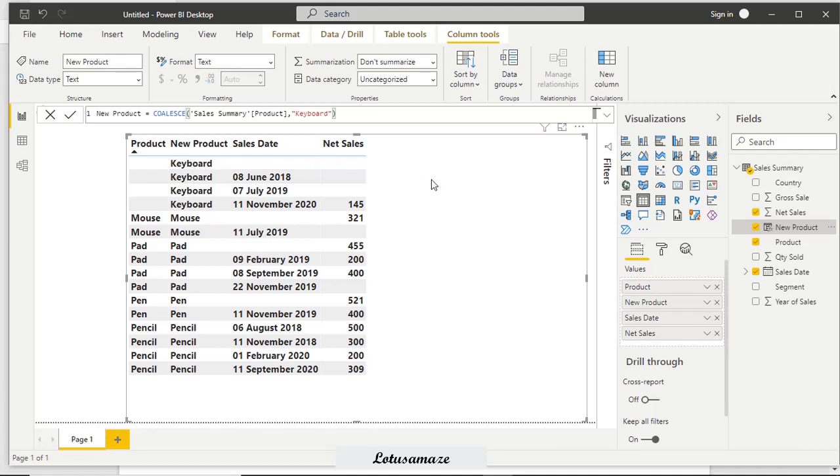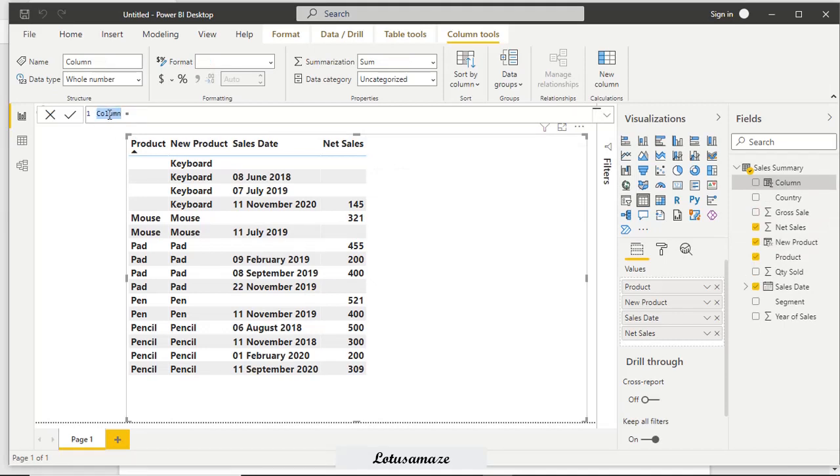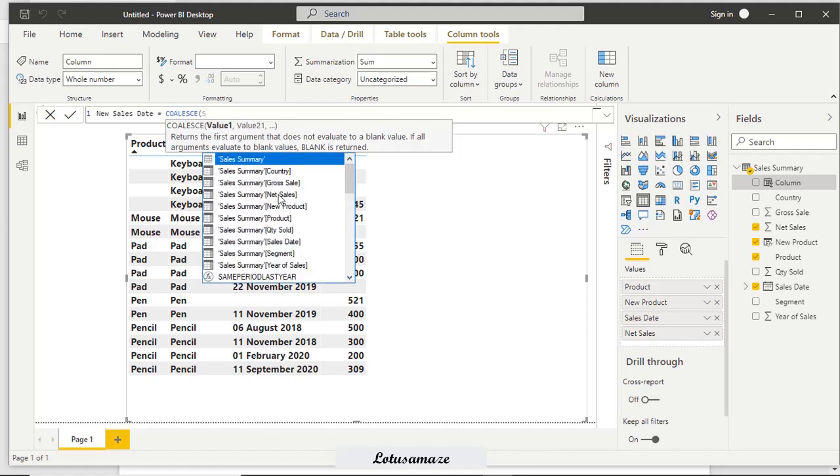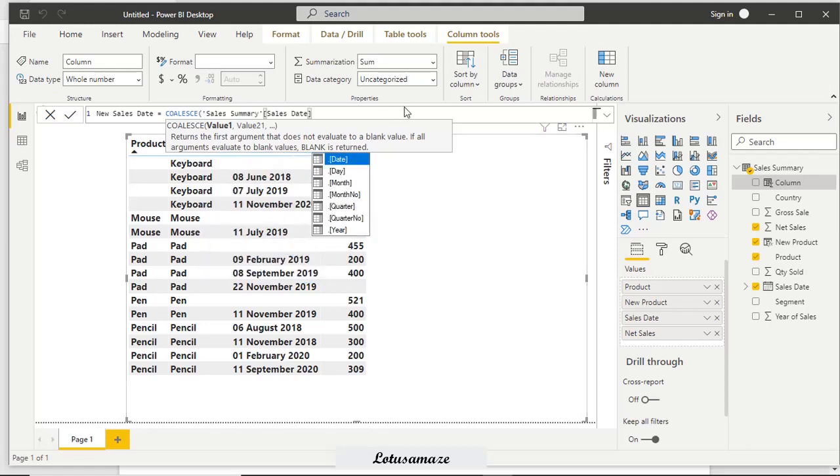Now we can do the same thing with the sales date. New column, new sales date, then COALESCE(sales date, TODAY()). If the cell value is blank, I want to replace it with the current date.